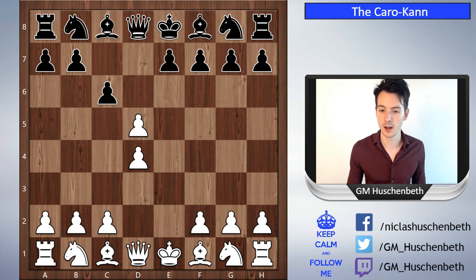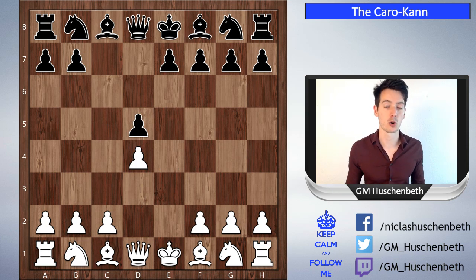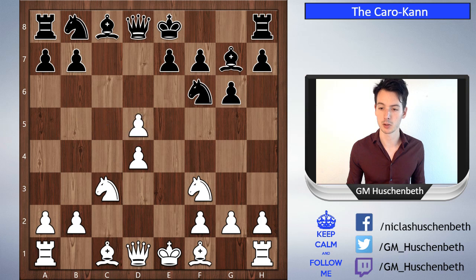White takes on d5, and here once again white has to make a choice. He can go for the so-called Panov Attack by immediately playing the move c4 and then playing knight c3, knight f3, and what we'll see often here is that we get some kind of... let me just make some moves. This is not the mainline theory, but what I want to show is that we'll get something like this, where